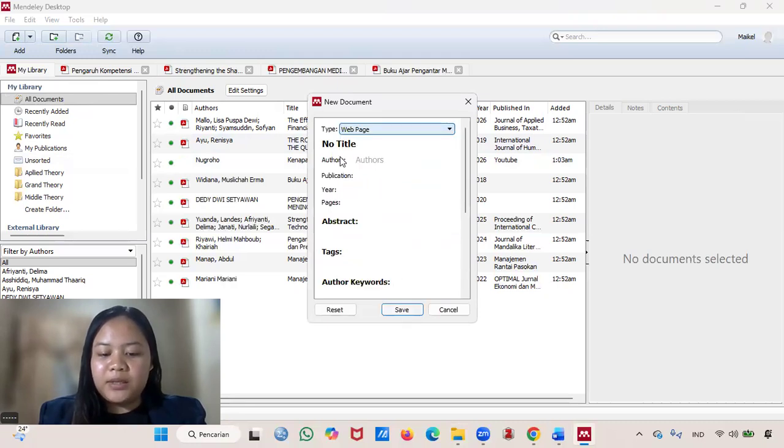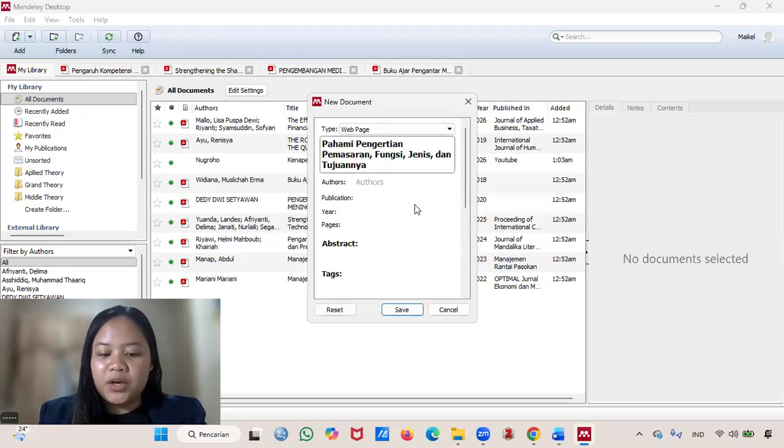The information we need to complete is the title of the article of the web page, and the author name. If there is no person author, you can use the organization name, for example, BPS Indonesia.